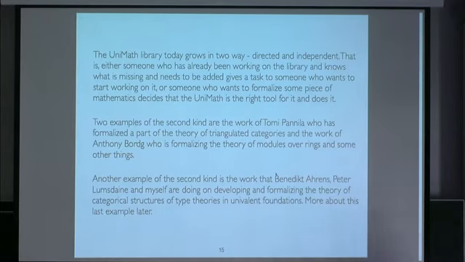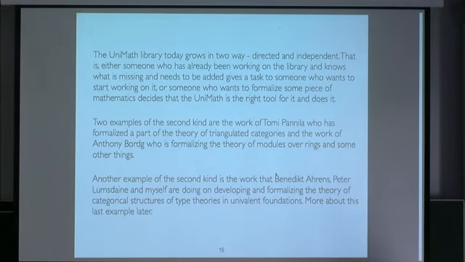Sorry, I was confusing myself. So the independent is: suddenly we get a pull request, so a submission to the UniMath from somebody we never heard about, and it is interesting. And somebody comes in and starts formalizing something which he or she is interested in formalizing. So this is the